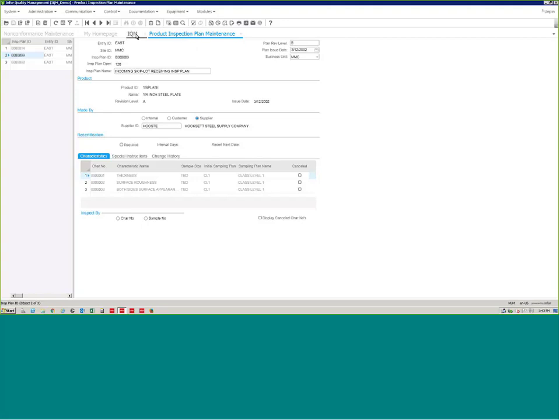So in this case, this is inspection plan number 9. Inspection plan number 9 says when we receive this particular product from this particular supplier, that we are to follow